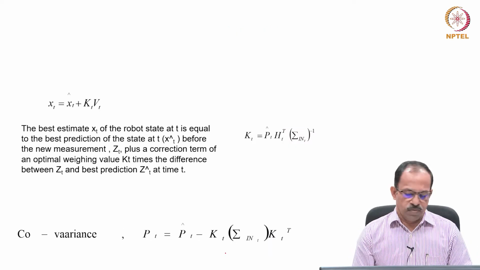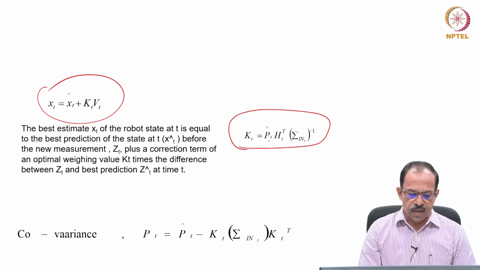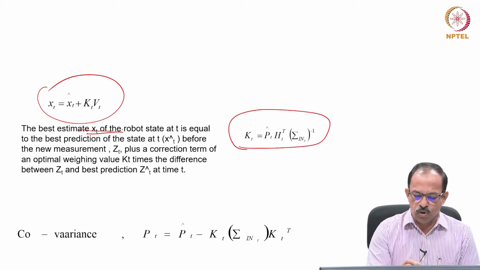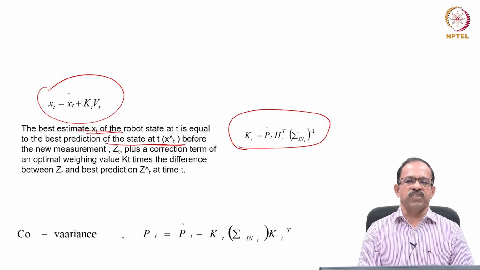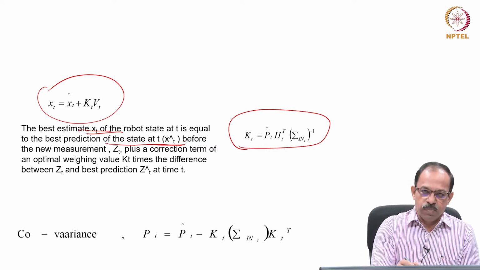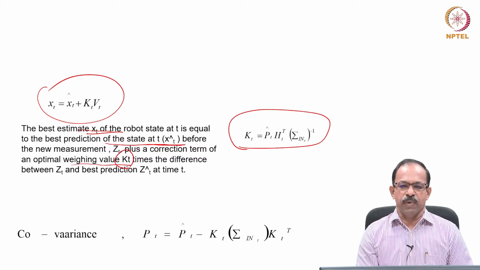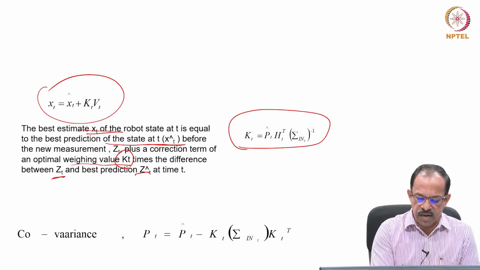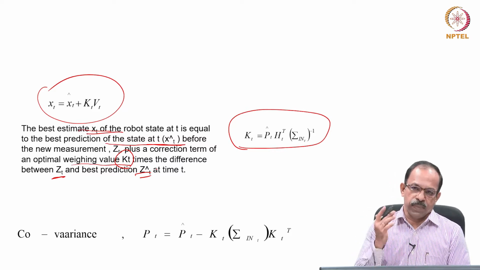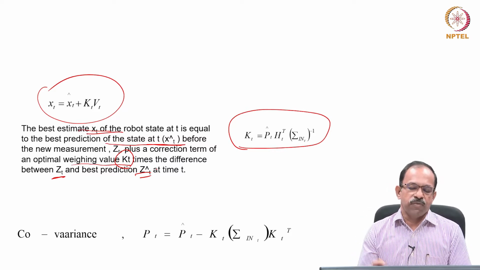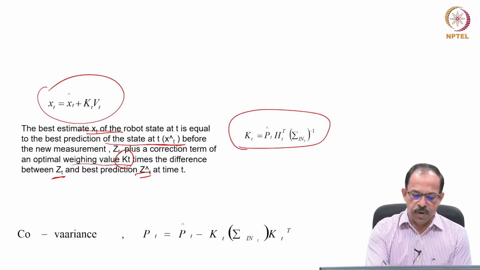Okay, so once you have this, then it is xt = x̂t + Kt(zt − ẑt), and Kt can be obtained as this, which is the Kalman gain. So, the best estimate of xt of the robot at stage t is equal to the best prediction of state at t, that is x̂t, before the new measurement zt, plus a correction term of an optimal weighing value Kt, that is the Kalman gain, times the difference between zt and ẑt. So, zt and ẑt are the predicted and the actual observations. That difference multiplied by the Kalman gain, plus the previous estimate, will